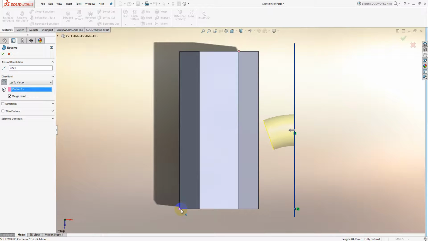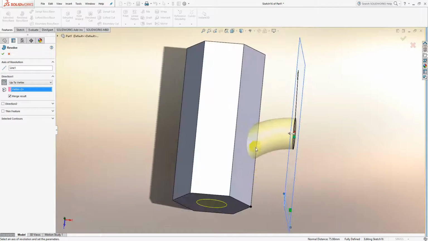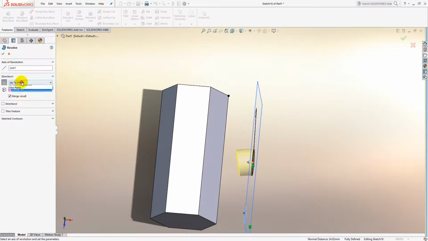If we select one of the other vertices, this one for example, if you trace a line from this vertex to the center line, it's a horizontal line, so you can just see that our revolve is terminating there. In this case, that's not the most useful option, but some of the others will be. Up to surface, for example,